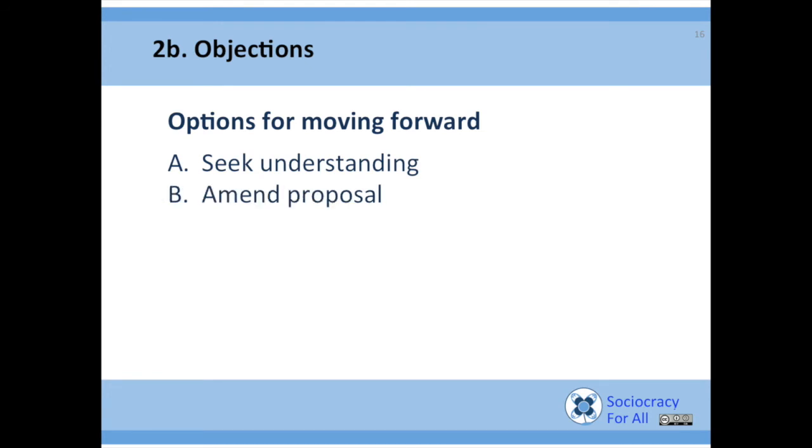Then, amend proposal. You can revise the content. I'm not going to go deeply into this because it's actually very obvious. You can change something. If you don't think $40 is a good idea, how about 50 or 30? You can change the term. This is something that is rather sociocracy specific. So if you don't think we should try this out for 6 months, how about 4 months? Would that feel better? 2 years is too long. Well, let's do 3 months and put something in place so we can measure what happens.